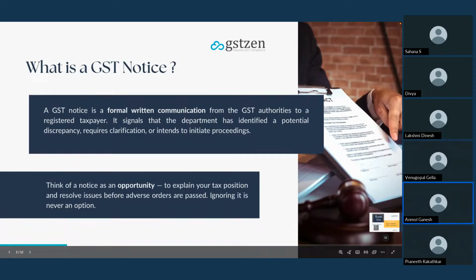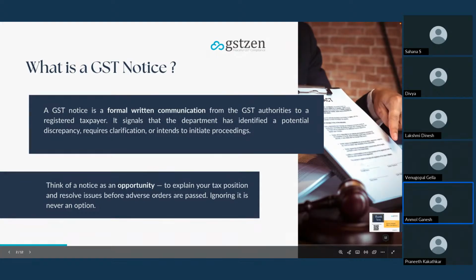So after some time, I get a notice from the traffic authority saying that, hey Anmol, we have found some discrepancy and you have violated the law by jumping the signal. So here, a clear communication is happening between the traffic authority and me. They have sent me a notice saying that I have violated the law, so that I can note down that such a thing has happened, and after that, either I can pay the fine and settle the matter then and there itself, or I can give them a proper clarification why such a thing has happened.